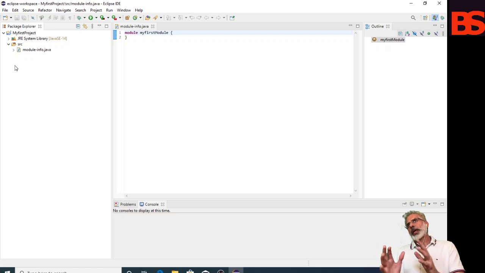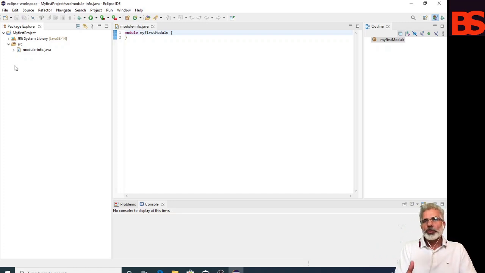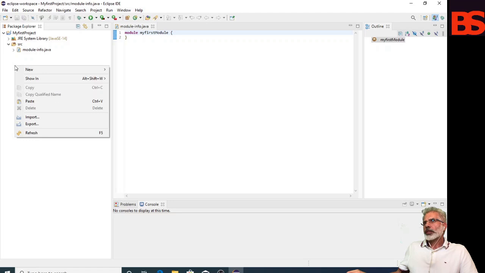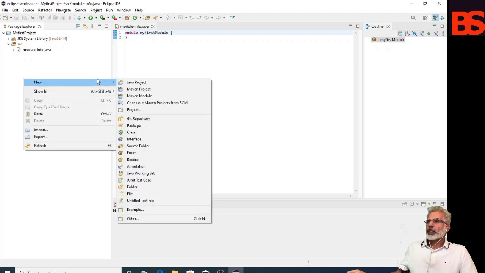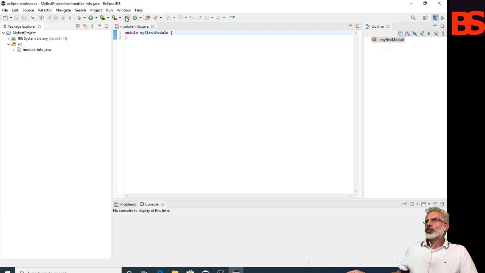Now we will create a package, because if you skip this, a default package will be created by the Eclipse IDE. So for the package we will use the new Java package wizard. For that, right click anywhere in package explorer, click New and select Package, and you can also use this new package icon on the toolbar.